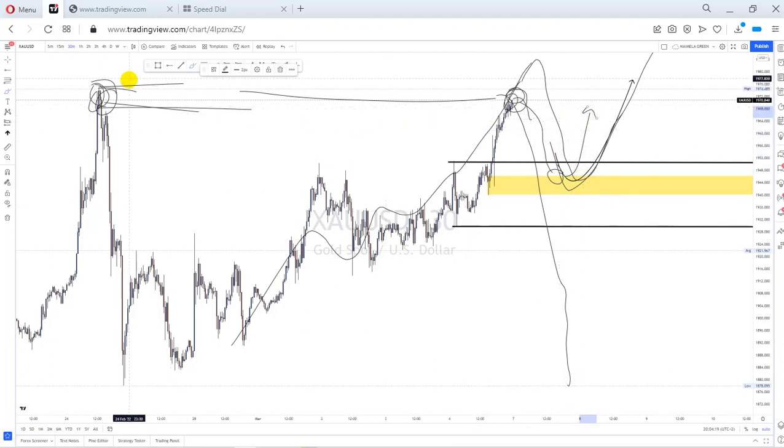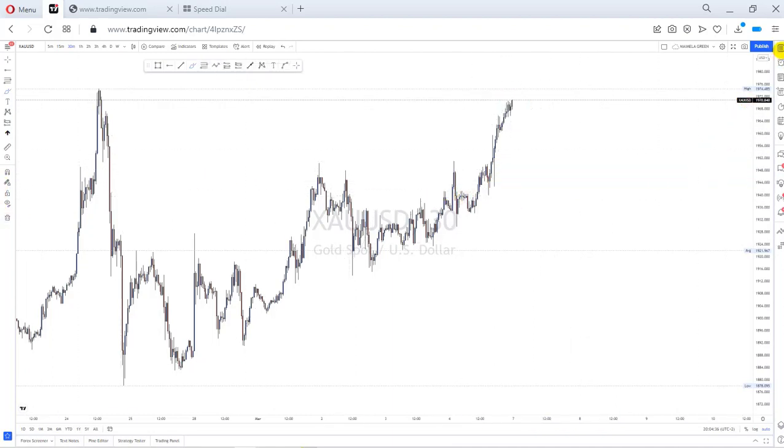I'm not saying anyone who's looking for a sell here is wrong, because I don't control the market. So we can be correct and I can be wrong here. It's up to the market, the way they play. So we just have to follow their rules. So let's move on to